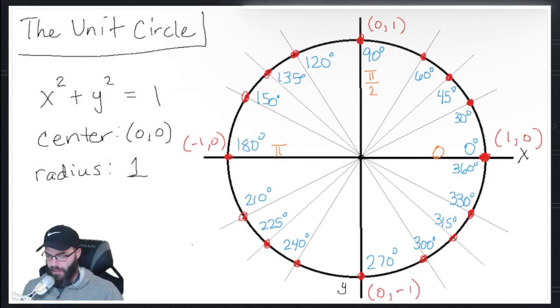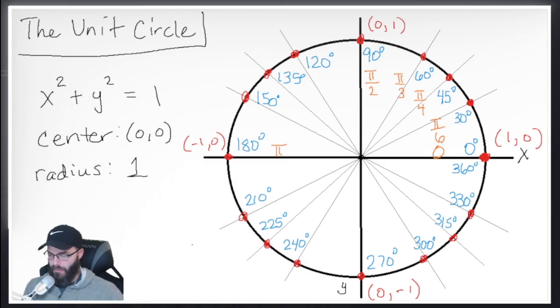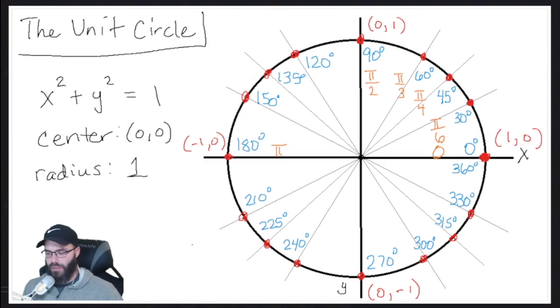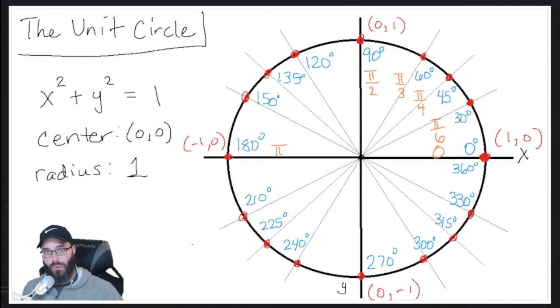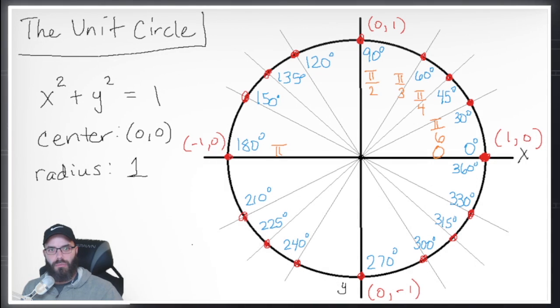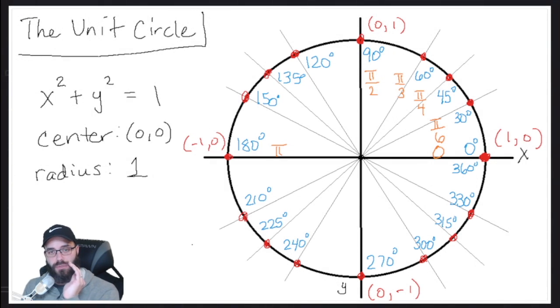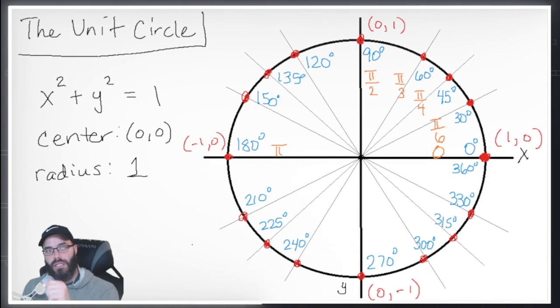If you were to convert all these other angles, what you'll see is the 30 degree angle would convert to pi over 6. The 45 degree angle would convert to pi over 4. And then the 60 degree angle would convert to pi over 3. It's kind of hard to see. Well, you can see it pretty good. All right. And then you can convert the 120, 135, 150 degree angle in quadrant 2. And then the angles in quadrants 3 and 4. Convert those to radian measurements. And you can fill out this whole circle in terms of the degrees, the radians, and then those coordinates that